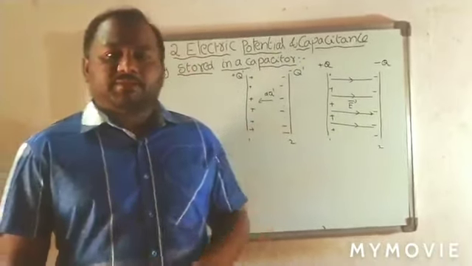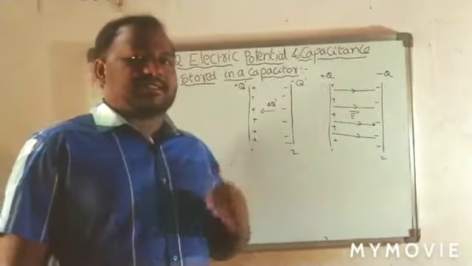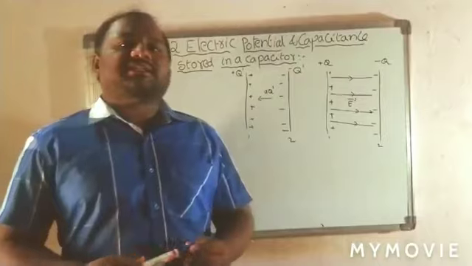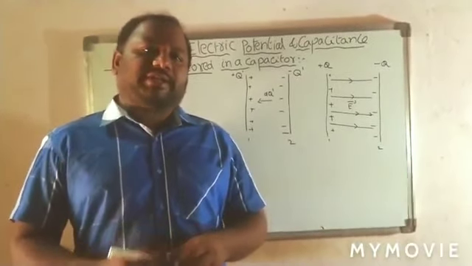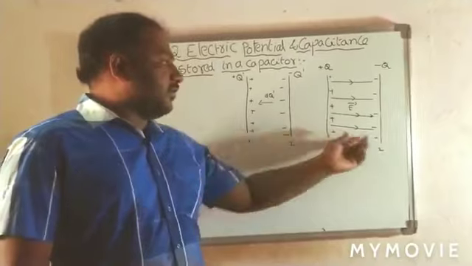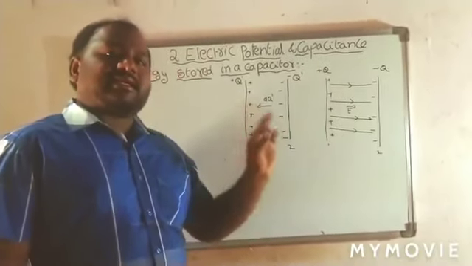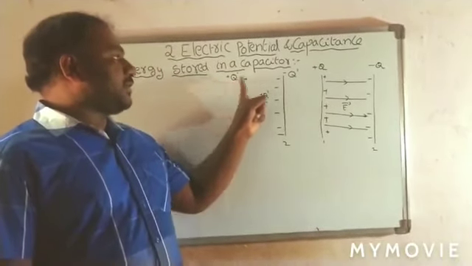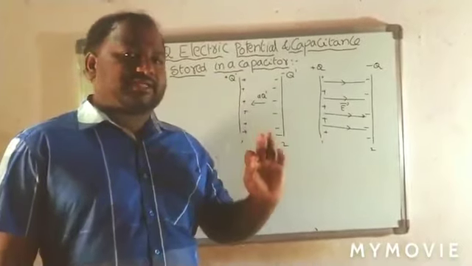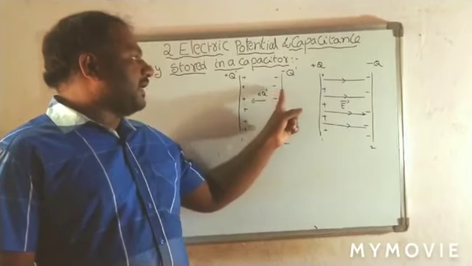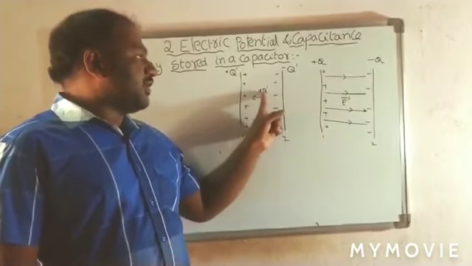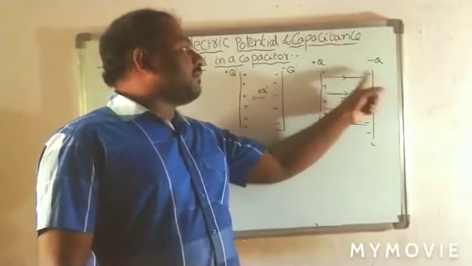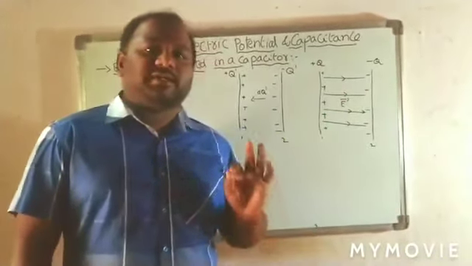In a similar way, here we have another 3 mark question, and this is the last topic in this chapter, that is energy stored in a capacitor. Here we have to derive how much energy can be stored in a capacitor. So here we consider a capacitor. At any intermediate time, the charge is plus q dash here and minus q dash here, and the charge is moving from the negative plate to the positive plate. The small charge can be taken as dq dash. This continues until both plates attain the charge of plus q and minus q.